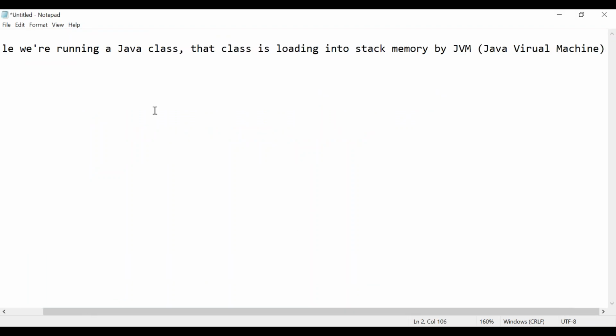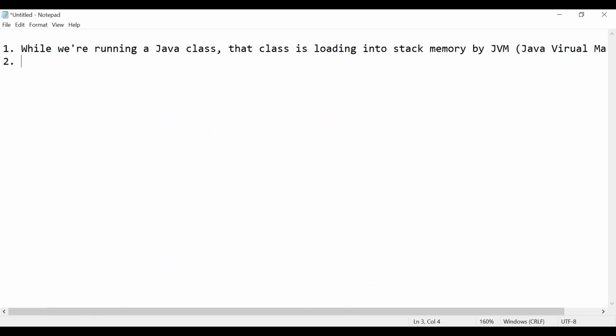We have already seen this point: if a variable is declared inside a method or block, that is called a local variable. Correct?